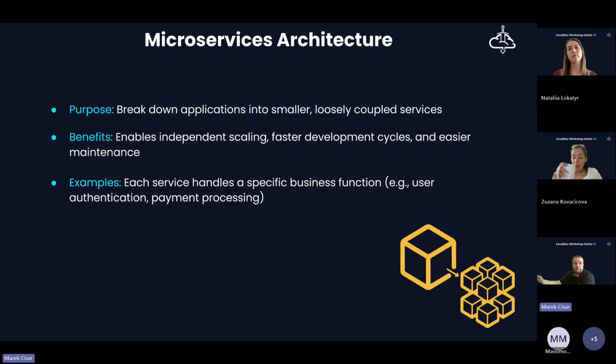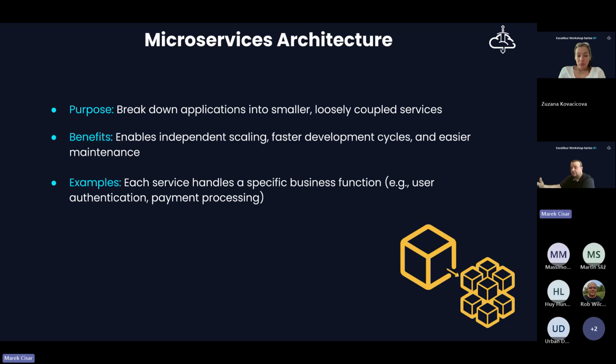And why is it important? Because microservices enable agility, they are fast, and they enable a vendor to innovate more quickly and also to react more quickly if there are some bugs or defects.